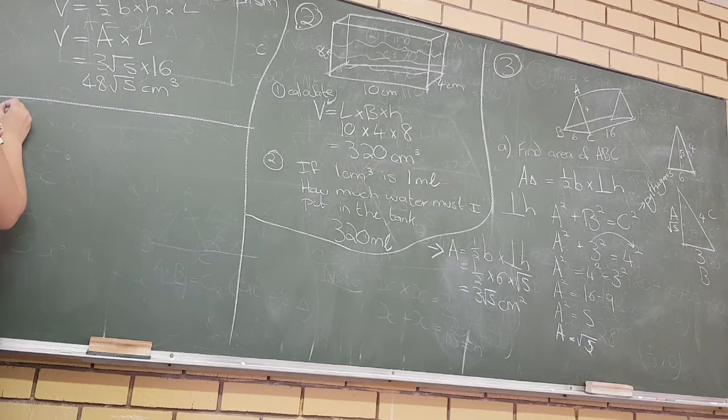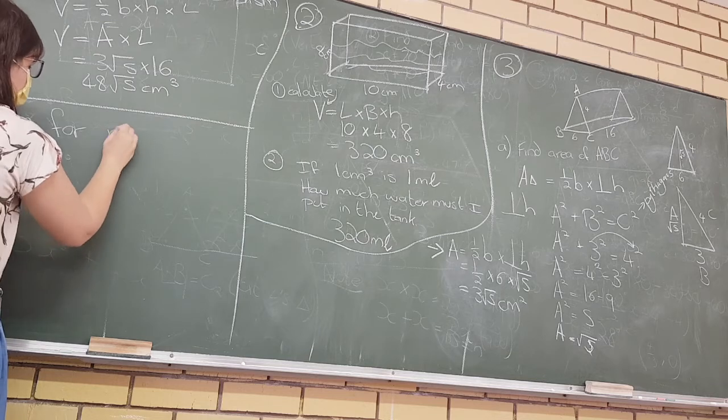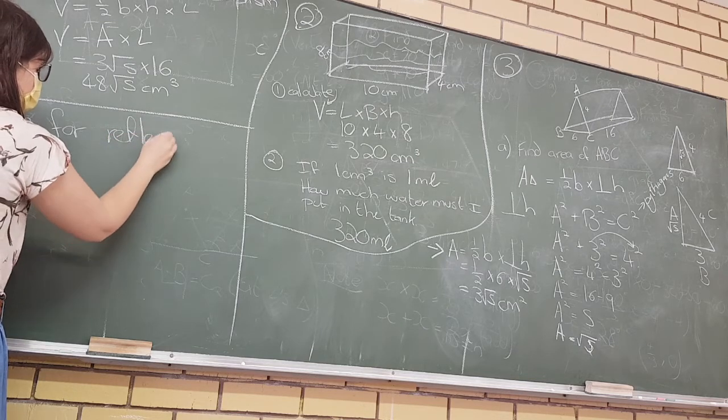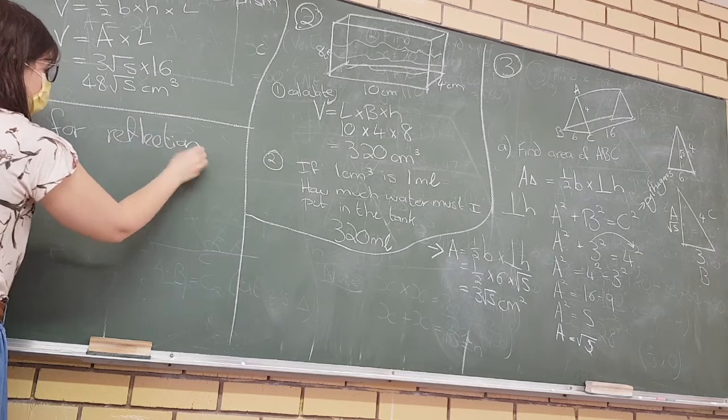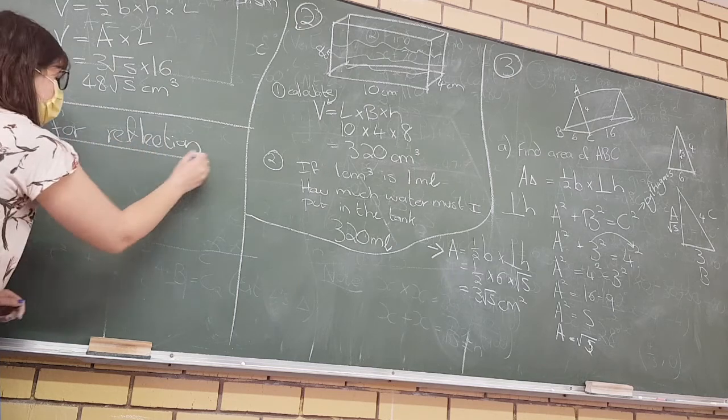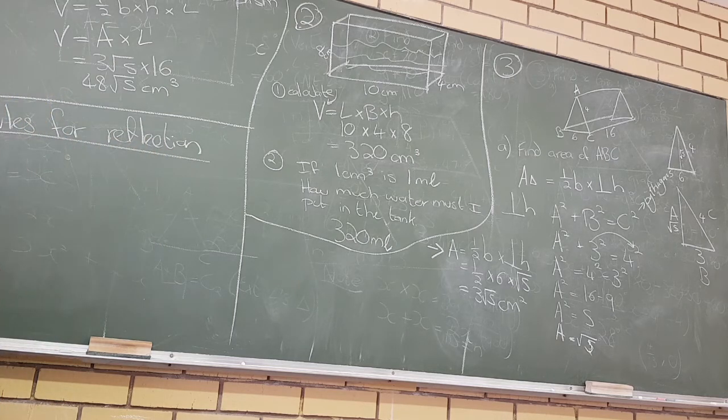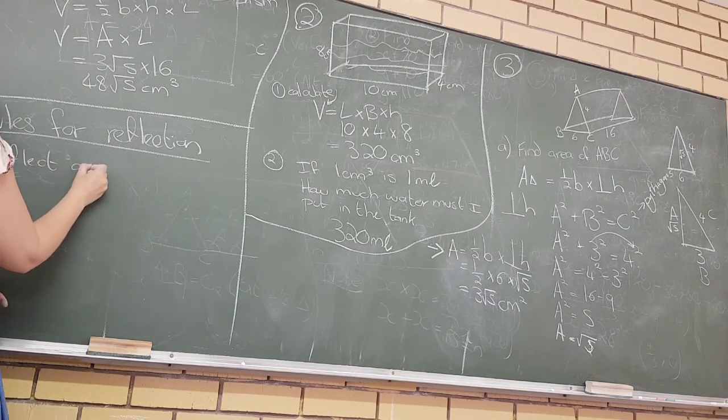Alright, rules. This is the last thing we're going to do. Rules for reflection. So this is our transformation geometry. Alright, if I reflect across